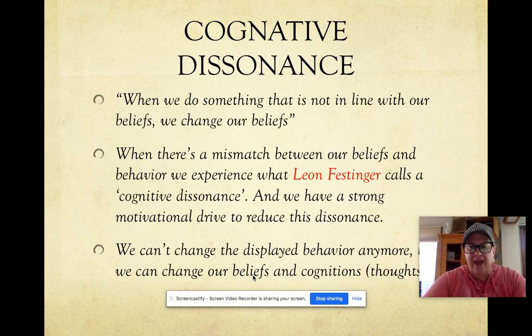The next step, as far as persuasion is concerned, is this psychological term called cognitive dissonance. The easiest way to explain cognitive dissonance is when you are getting ready to make a decision that goes against your morals, and your beliefs, what you think really is the right thing to do. That feeling that you get that's uncomfortable right before you go ahead and do the thing that you know you're not supposed to do, that's cognitive dissonance.